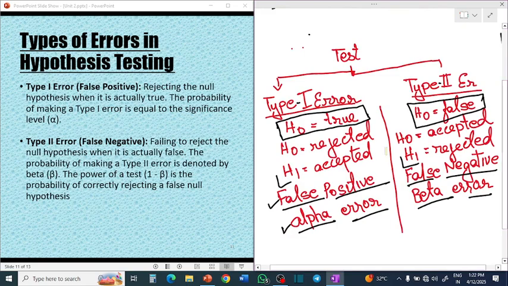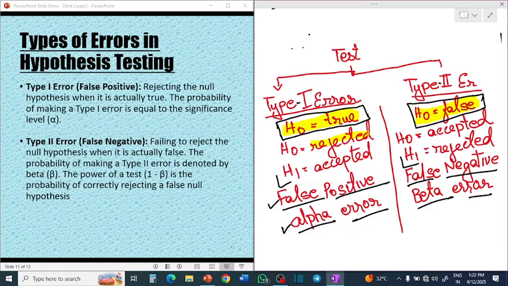While we test, we can have two results. We can have that the null hypothesis is true, which means that the null hypothesis is correct. In the terms of research, it is called null hypothesis true. And we can say that the null hypothesis is false. We can get one of the two results. Now you can see that these are the types of errors. So when it is an error, what will happen? We will say the null hypothesis is rejected even when it is true. That is why it is called an error.